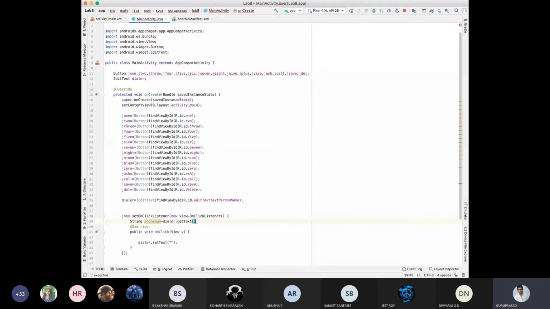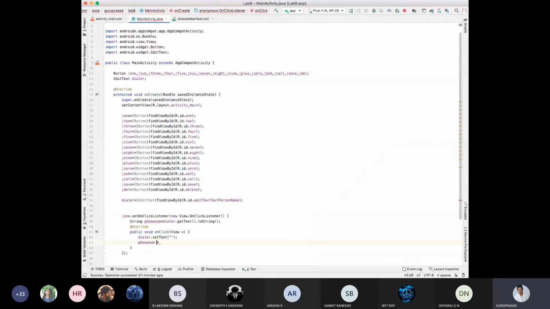Is that fine? Initially the dialer will be set to null, then phone number. Upon clicking 1, the phone number should be plus is equal to 1, semicolon.